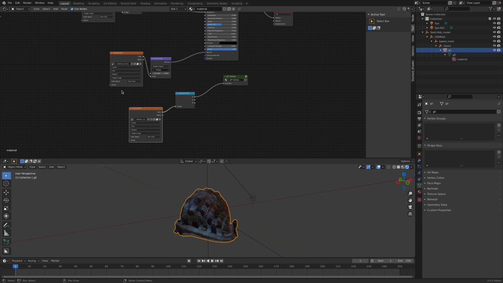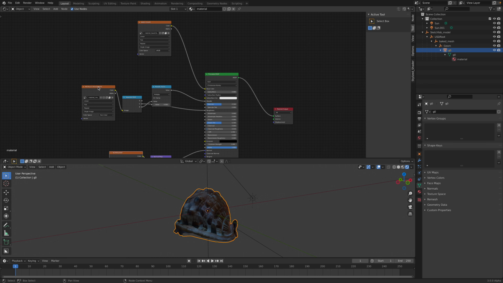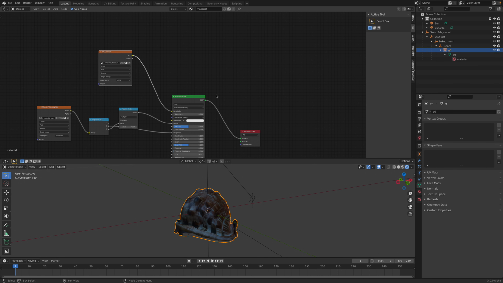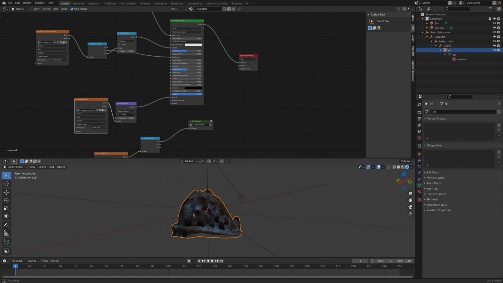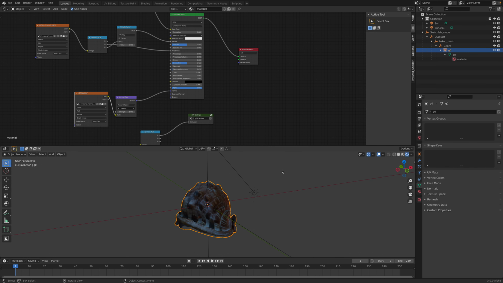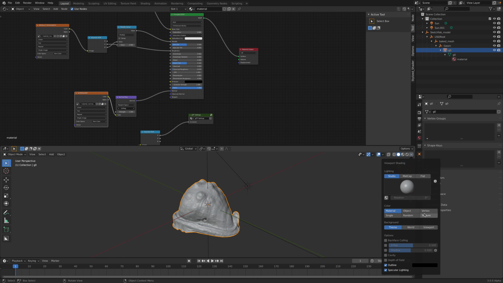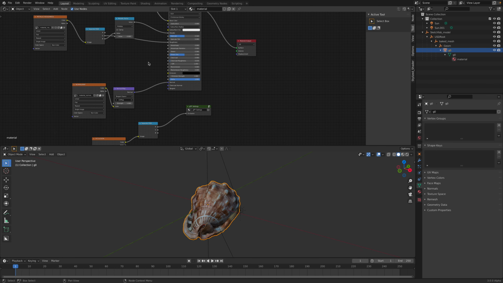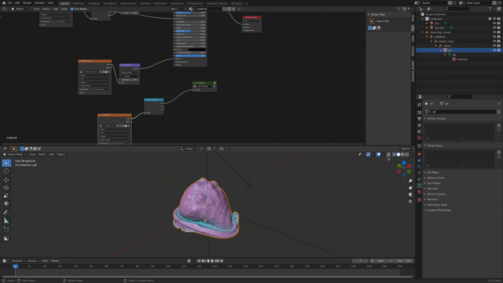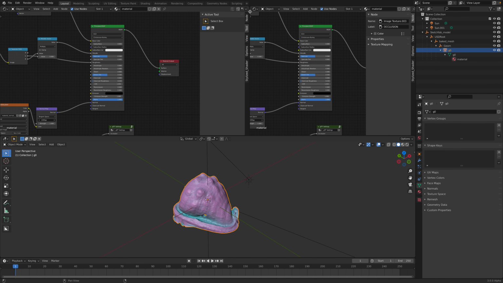GLTF, separate. This is ambient occlusion. Okay, and then we have the normal map, metallic roughness, and base color. Whatever you select, this thing will actually update. Oh, okay, no. Normally it will update if you're selecting a different material. Okay, material texture. So normally this is the material, and if you wanna look at the texture,